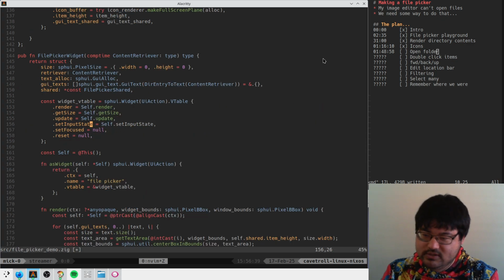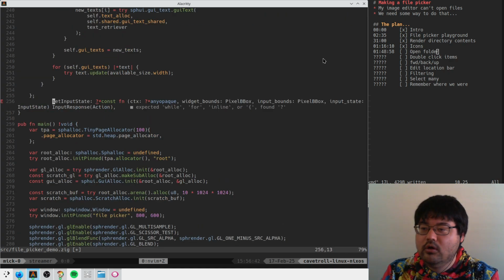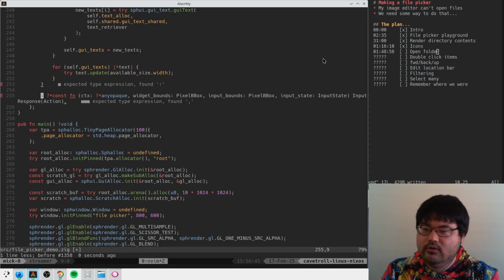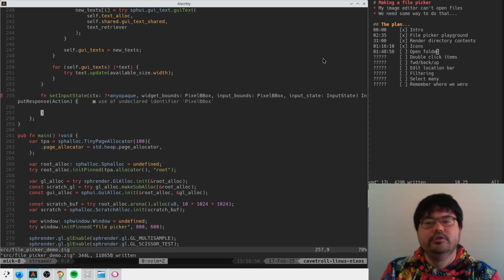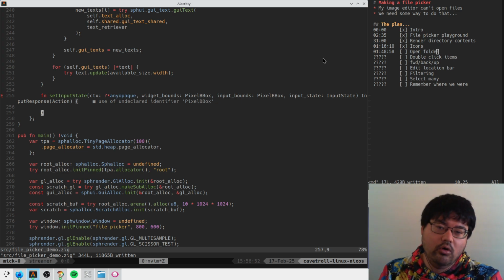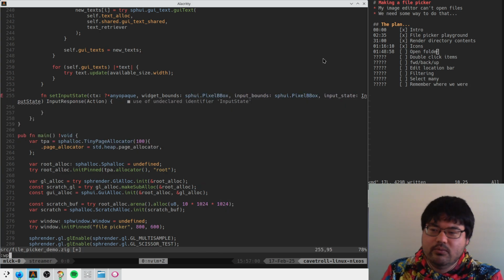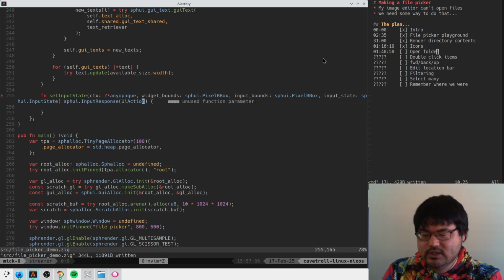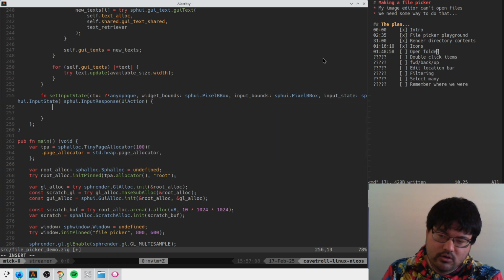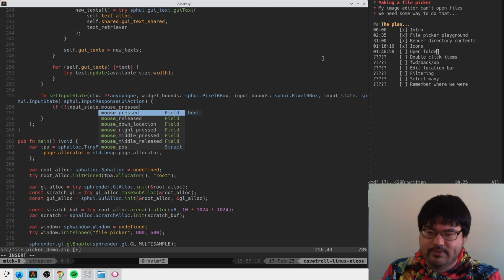Which will give us input from the parent widget, and we have to do something with it. So I guess we actually kind of wanted something the other way around, huh? But it's fine. Really, we should be able to go from exact pixel position on the screen to which element we clicked on. Right? Like, if we press the mouse this frame,